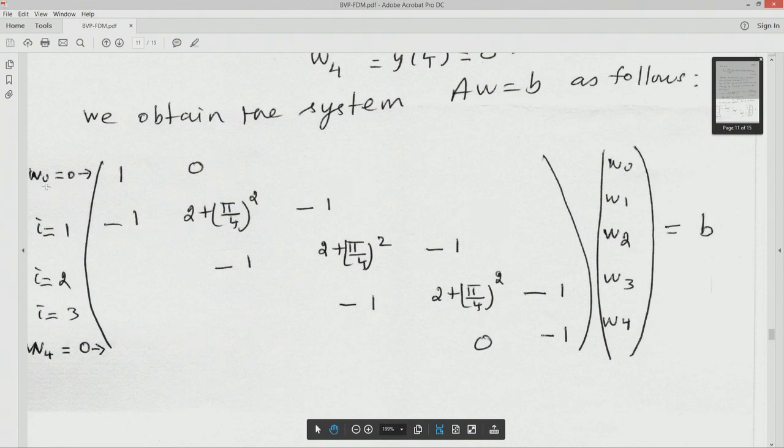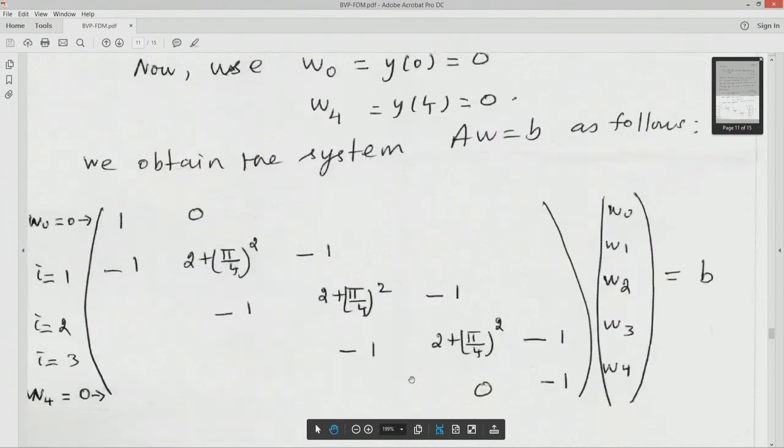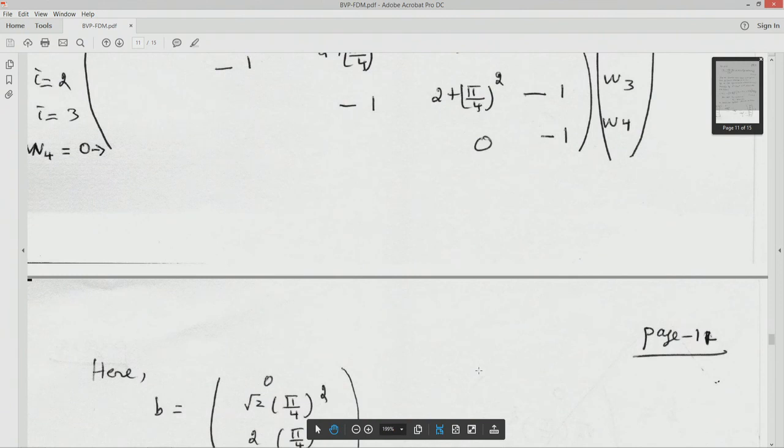So, the equations are expressed here. Corresponding to W0 equal to 0, how do I express this? So, 1 into W0 plus 0 into W1 plus 0 into W2 plus 0 into W3 plus 0 into W4 is equal to the right hand side B, and W0 is equal to 0. So, B0 will be equal to 0. So, I apply these equations one by one and write the system AW equal to B, and we solve this